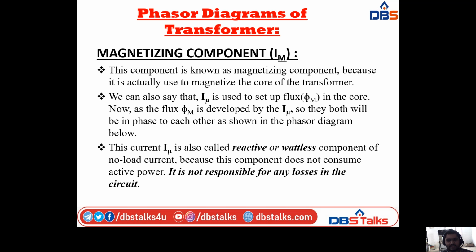As the flux phi m is developed by I mu, they both will be in phase with each other, that is I mu and phi m, as shown in the phasor diagram. I will show the diagram. And this current I mu is also called